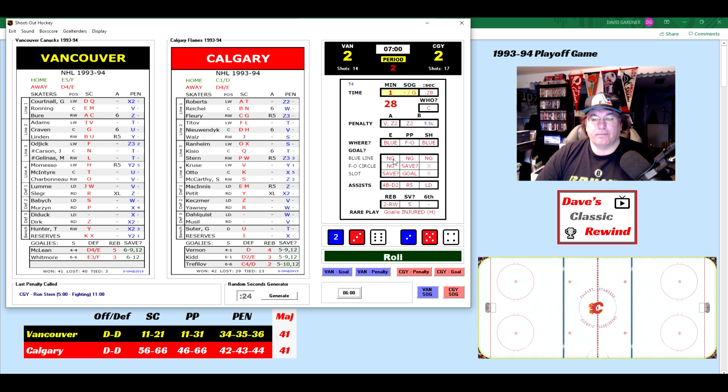We roll the dice. A 43. Could be a penalty on Calgary. Z and X2. And yes, we do have some Zs. We do have some X2s. So we'll go to the first one here. Oh, actually, Roberts is our Z2. But he might be killing the penalty. So I'm going to put out...